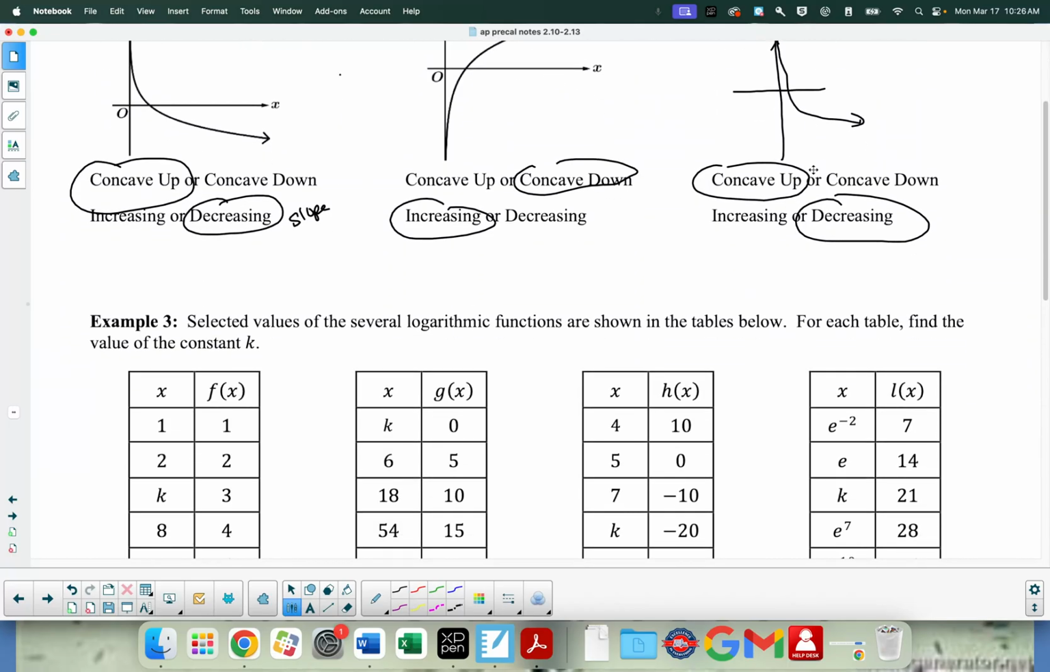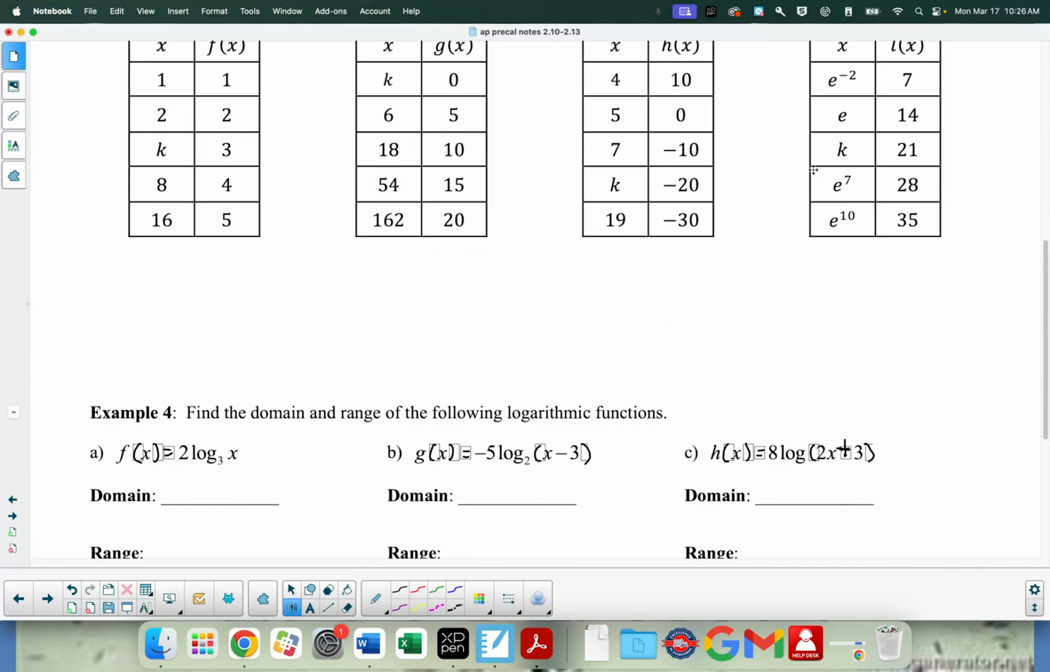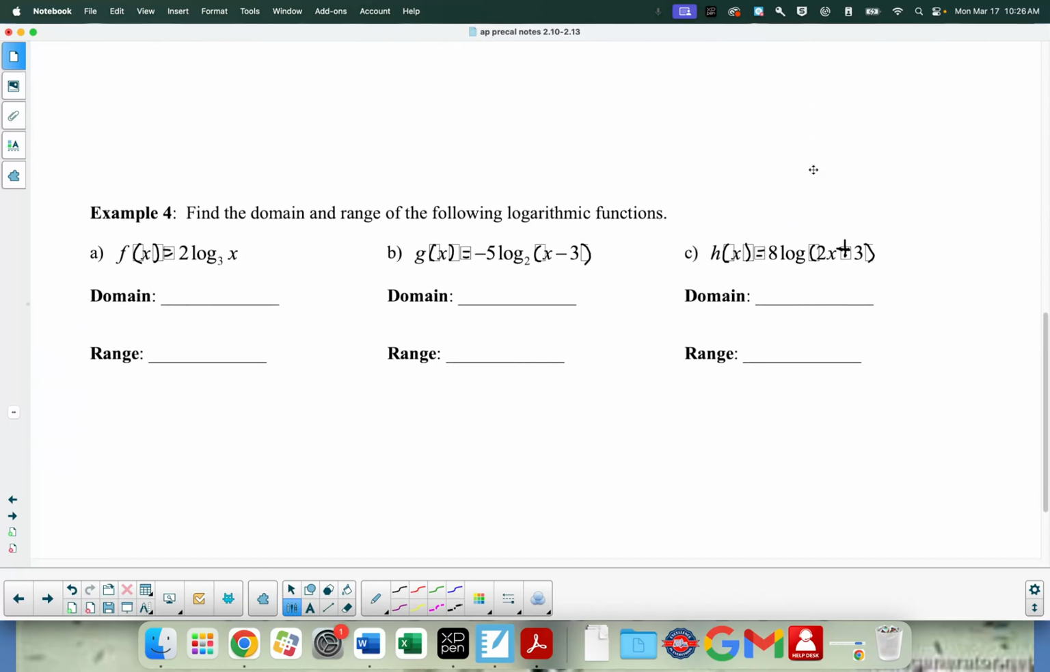Okay, so I'm going to skip this for a second and come back to it. I wanted to show you what it looks like when you have a horizontal shift. Take a look at B and C. As soon as you've been given parentheses, with what we call the actual argument, this is actually